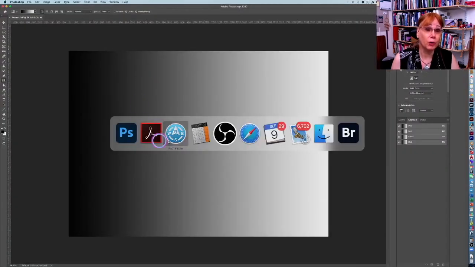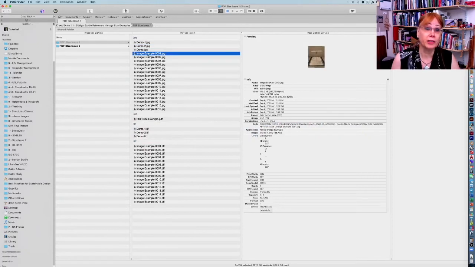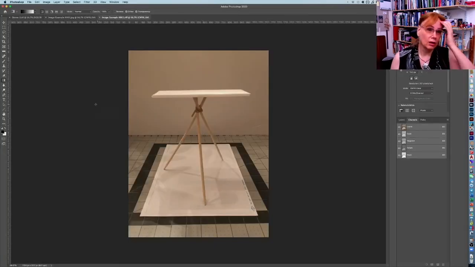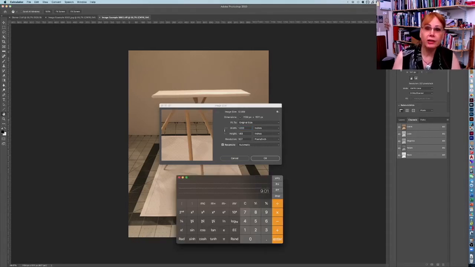Now, let's open up one of these images here. Let's take a look at this one right here. And I've exported it as JPEG and as TIFF, so let's open that up. All right, and let's take a look at the image size here. So I've got this as JPEG and TIFF. So if I look at the TIFF image, it says it's 6.54 megabytes. Now let's look at the pixel count here, 1134 by 1511. So if I take 1134